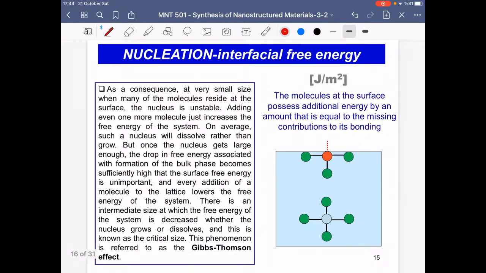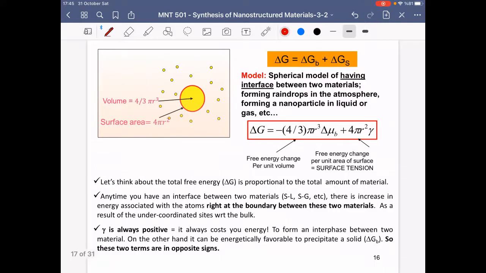Okay, this is what I tried to draw. The molecules at the surface possess additional energy by an amount that's equal to the missing contribution to its bonding. You can read a little bit more detail on what that means, but I already talked enough of this phenomenon. And now we're at a very important point of this lecture where we try to define the whole mechanism in one big mathematical term. And that's what we had been talking about, the delta G. But now we know that it is formed of two